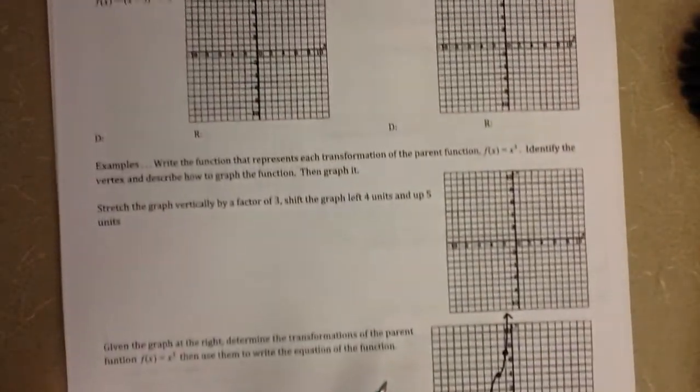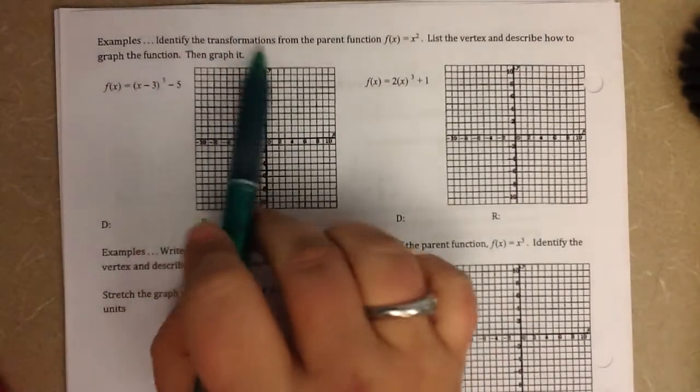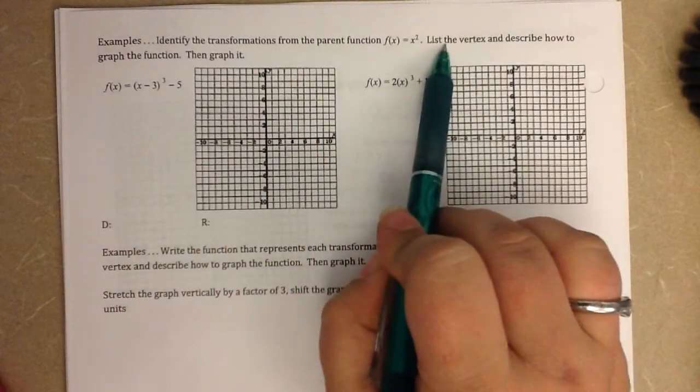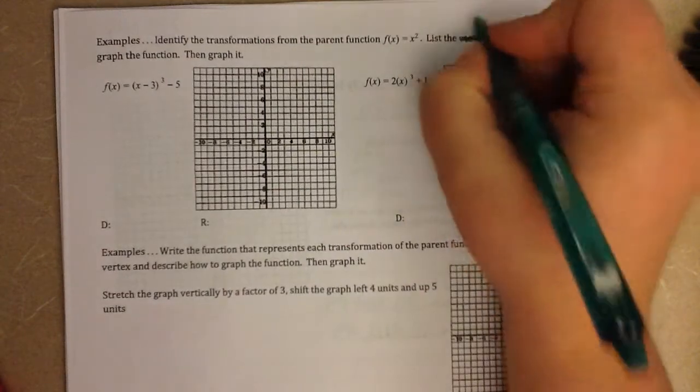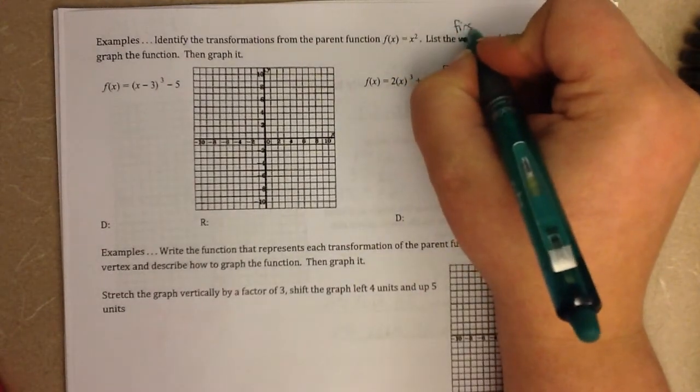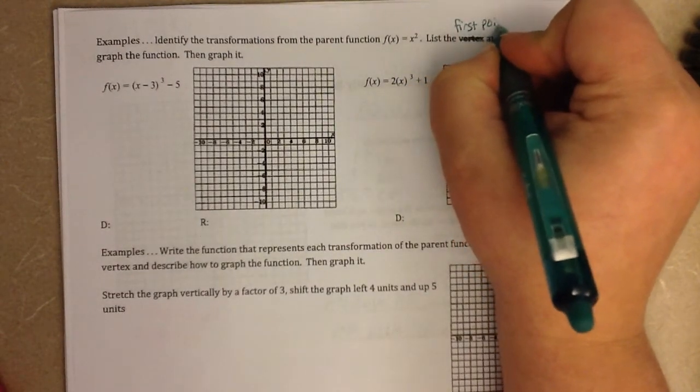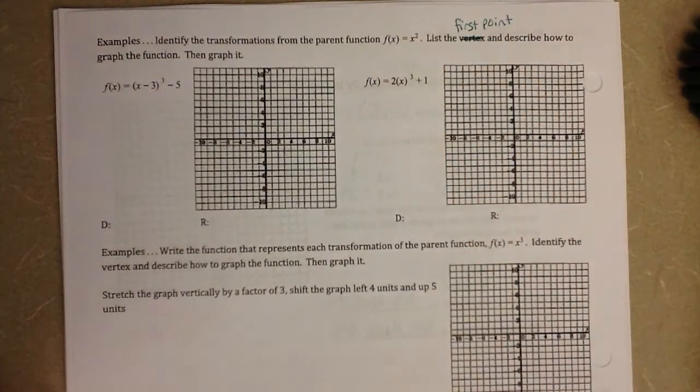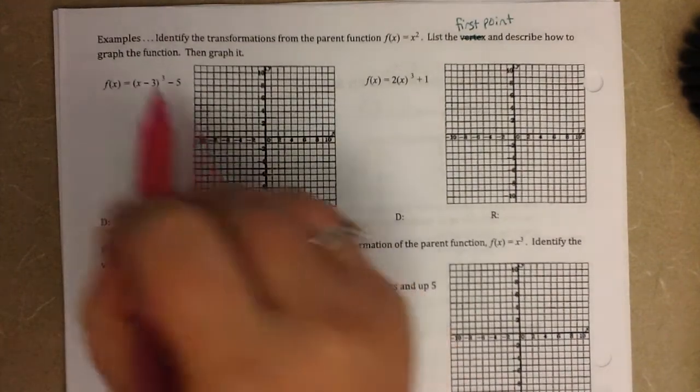So back here, first example, we are going to identify the transformations on the parent function, list, this shouldn't say vertex, sorry, this should say first point, list the first point that we graph, and describe how to graph it, and then we are going to graph the function. Okay, so first I know